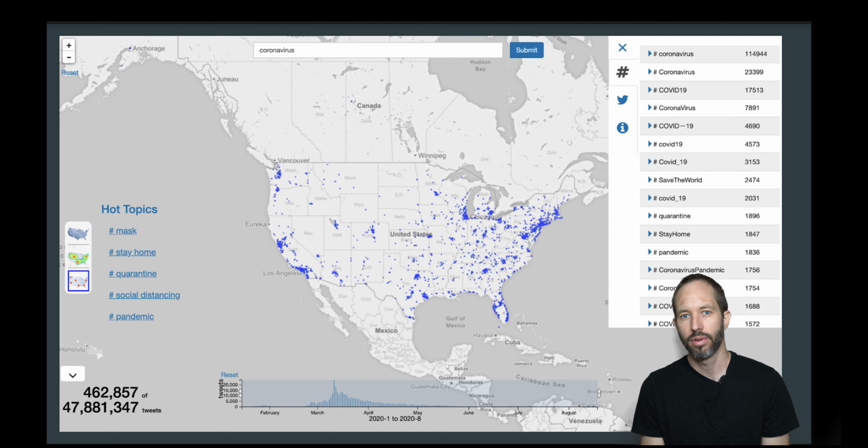One example, created by researchers at the University of California, looked at Twitter. Here you can see in this map a visualization of where people are tweeting about coronavirus right now. This tool tracks hashtags, like hashtag COVID-19, hashtag coronavirus, hashtag wear your mask, and it allows you to mouse over any one of these hashtags and look at where they're being discussed across the country. On the one hand, this is pretty cool.